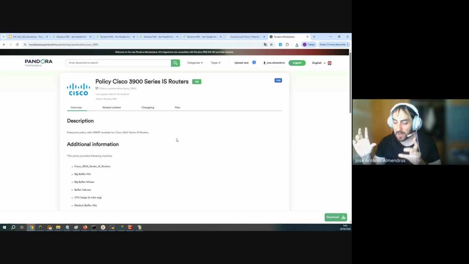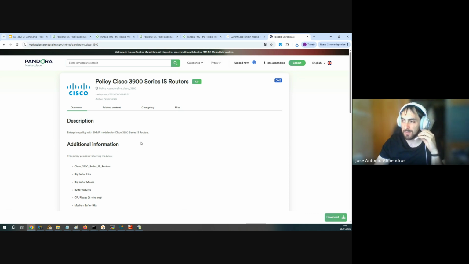It is a kind of template with SNMP checks or modules that you need to monitor this specific vendor of Cisco. Okay, but out of this marketplace, we don't have another template to monitor specific vendors